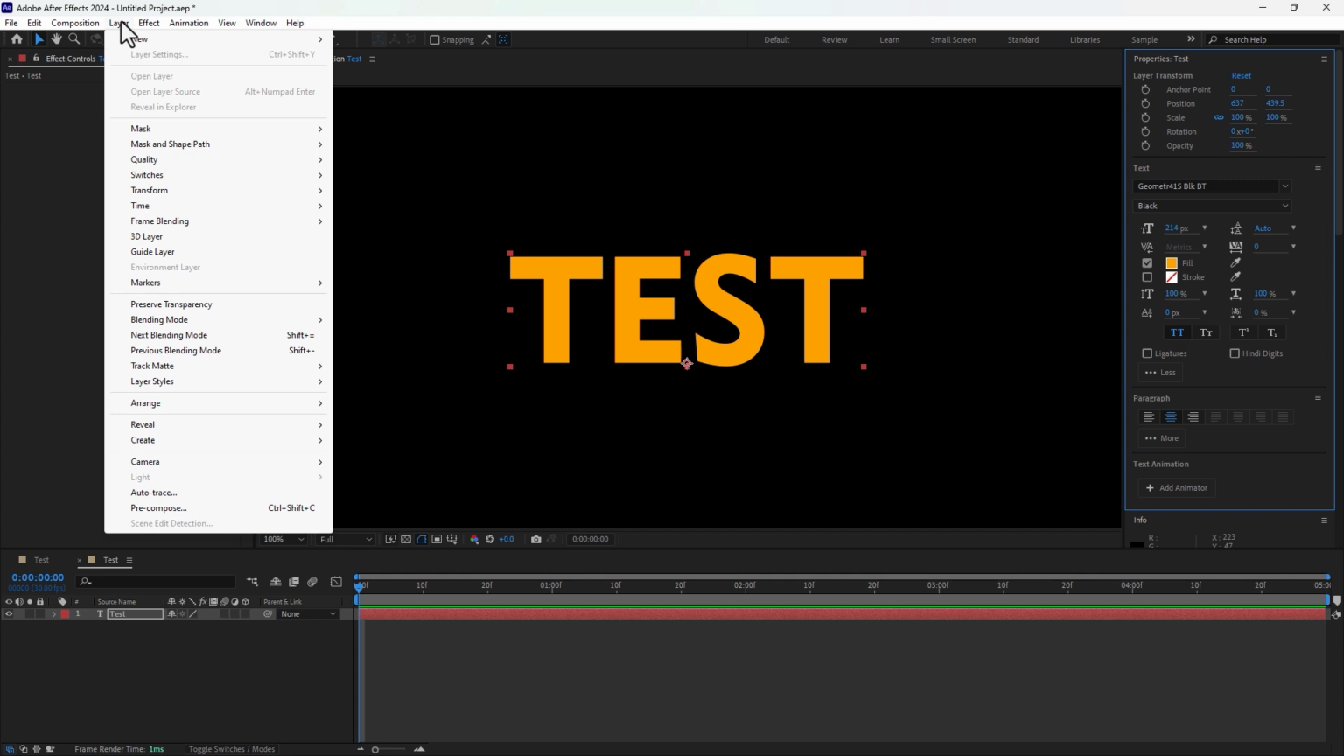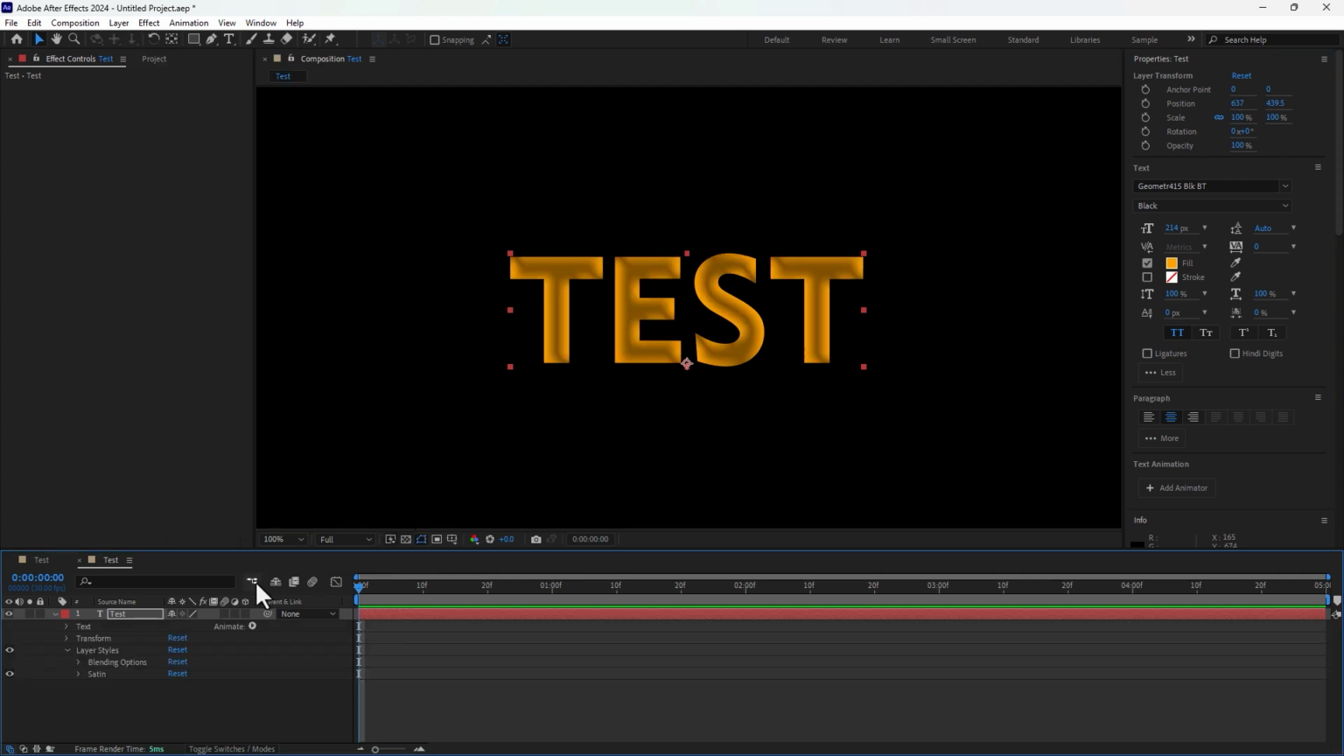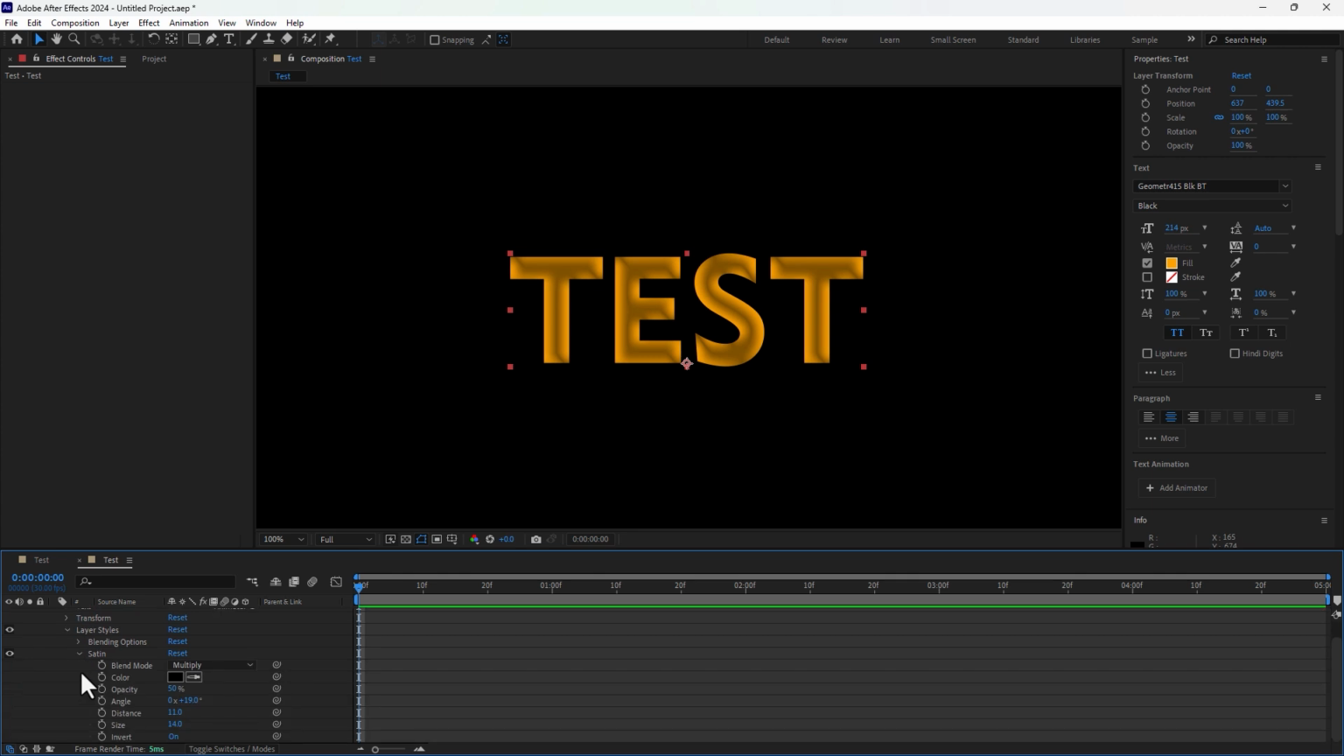Let's go to layer and let's go to layer style. So if you need to create a gradient overlay, just a solid color for text. So if you need to create a stroke, and if you need to, okay, let's select the satin and let's expand the satin style and change the color